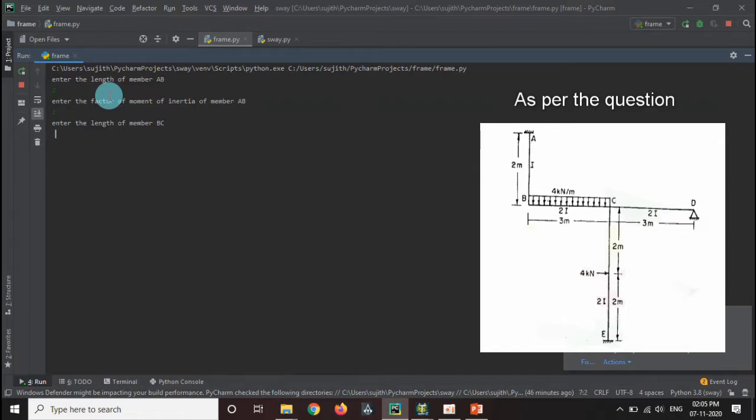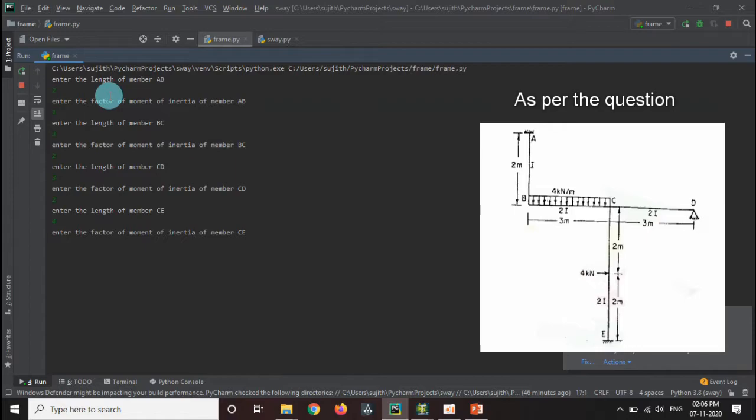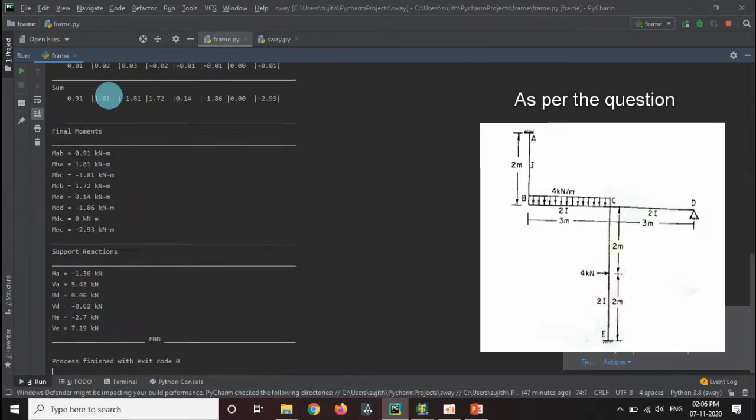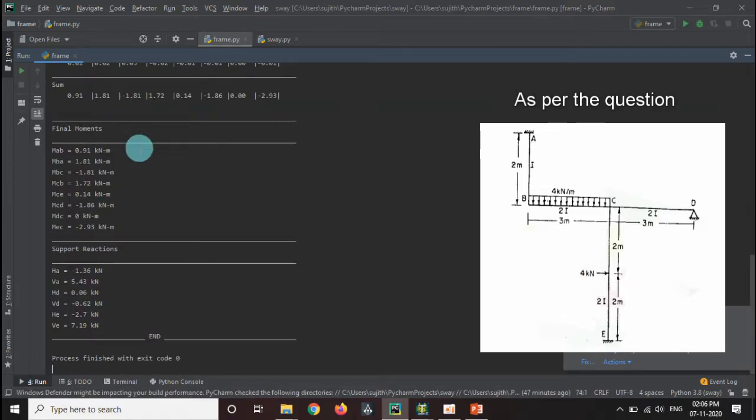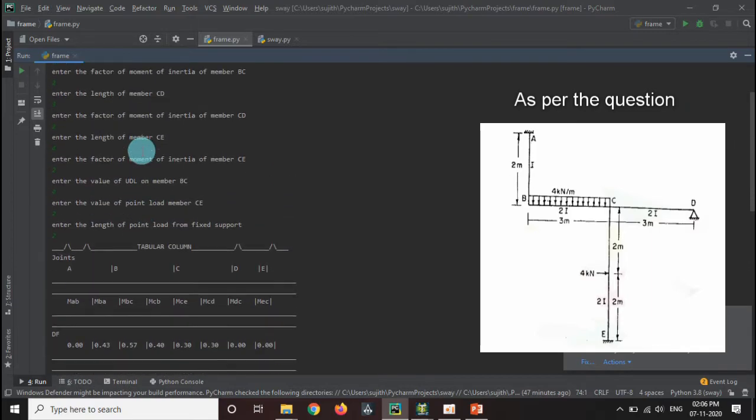Similarly, by substituting other values, and by substituting the values of loads and the distance of point loads from the fixed support, this is the output which we are going to get.